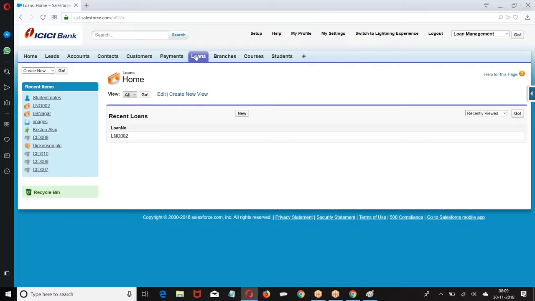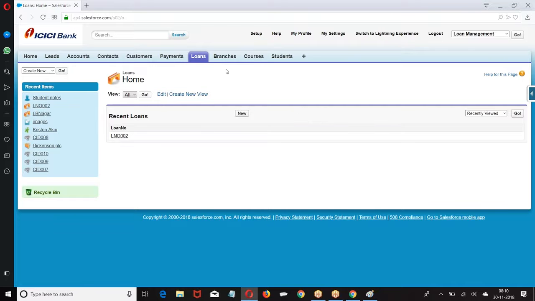Public read and write. All the users who can access the parent record can perform create, edit, delete on the corresponding child records. Do you remember that? In the master detail relationship, I gave one permission. What is the permission?